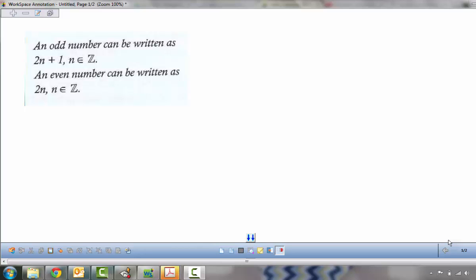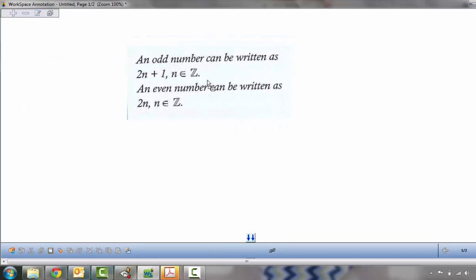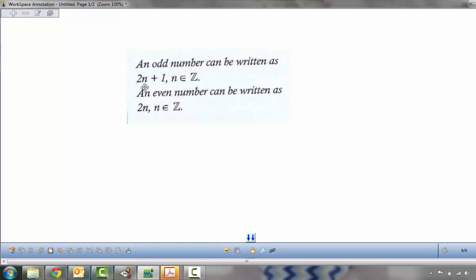All right, so we're going to do a quick example of a direct proof today. And what you need to understand is what's shown here. In proof, we can express any odd number as 2n plus 1, where n is an element of the integers. Anytime we put an integer in here, if we multiply it by 2, then add 1, we get an odd number. An even number can be expressed in proof as the expression 2n, where n is an element of the